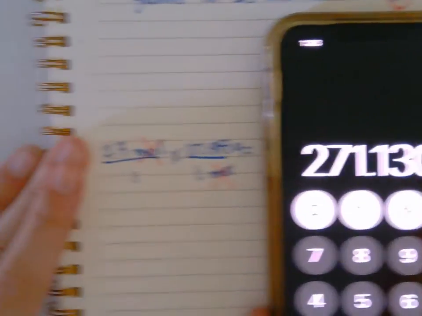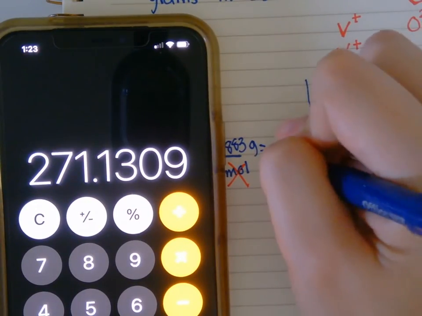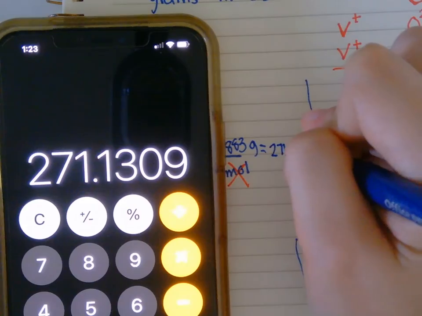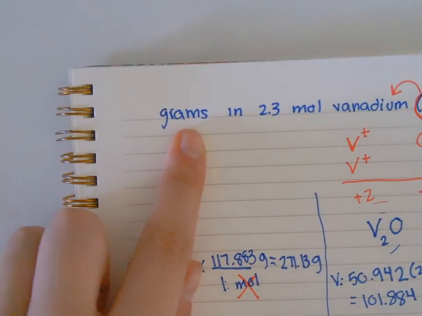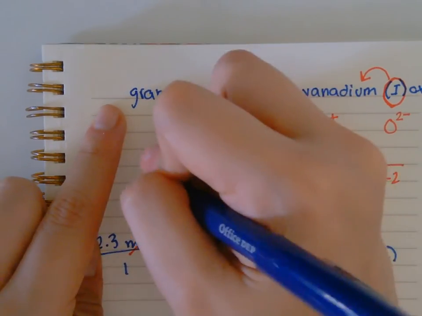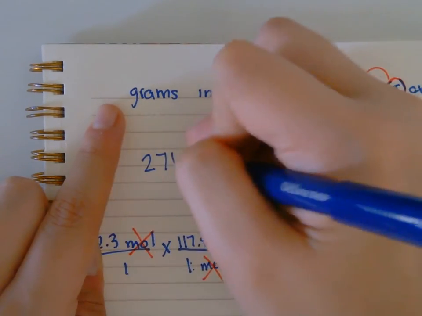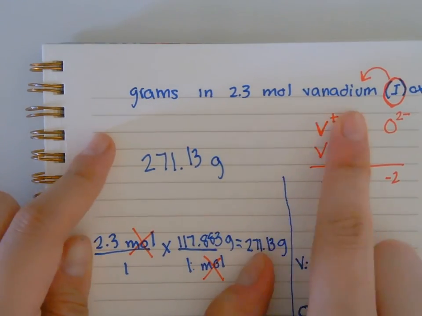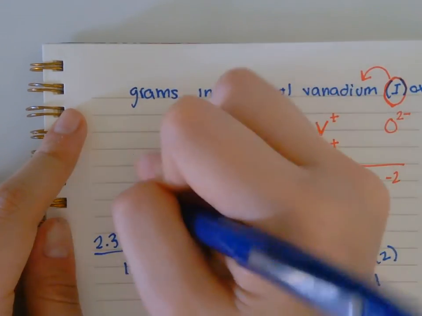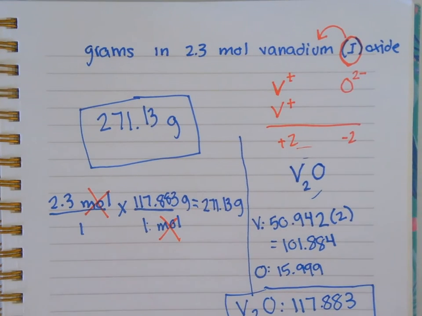And that is 271.13, and I'll leave it there. So my answer for this: there are 271.13 grams in 2.3 moles of vanadium(I) oxide. So first step you have to do, obviously, identify the formula. Next step is finding the molar